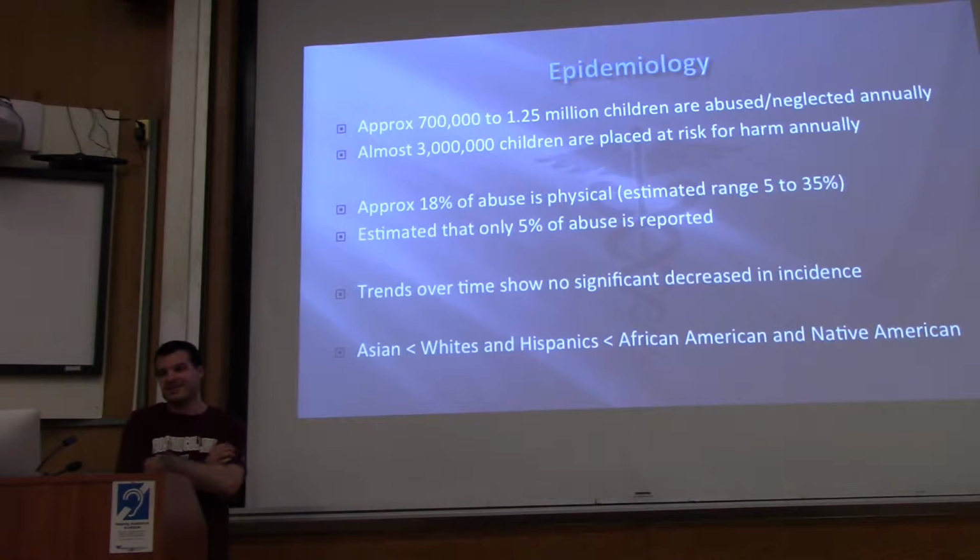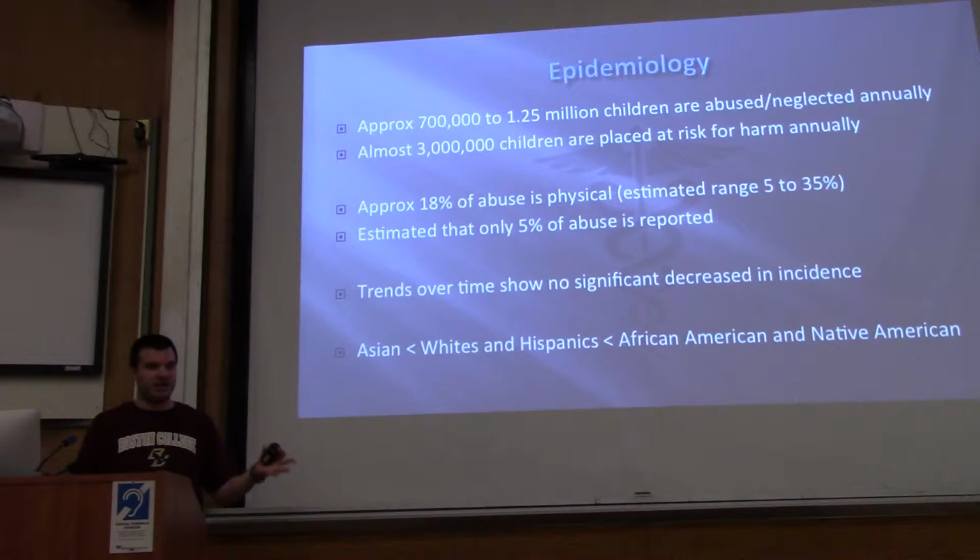So some statistics: approximately 700,000 to 1.25 million children are abused or neglected in America annually. And then almost 3 million children are placed at risk for harm annually. I don't know what placed at risk for harm means, but it's on the CDC's website. That's their statistic of potentially abusive situations. I'm not sure how you calculate that. Approximately 18% of all abuse is physical, with the estimated range of a very little bit to about a third. It's estimated that only 5% of abuse and neglect is reported, which is highly unfortunate and makes your job even much more important to have a high index of suspicion, because